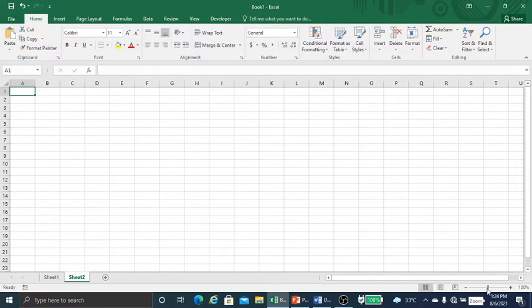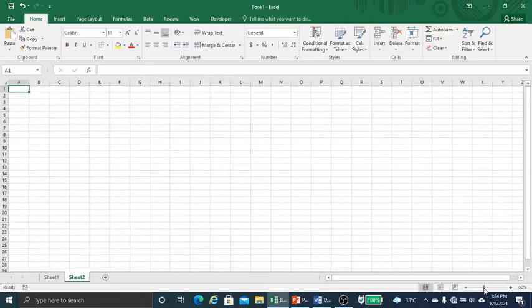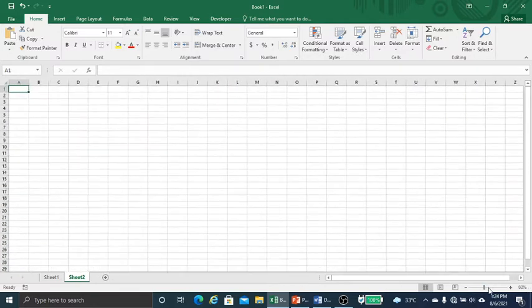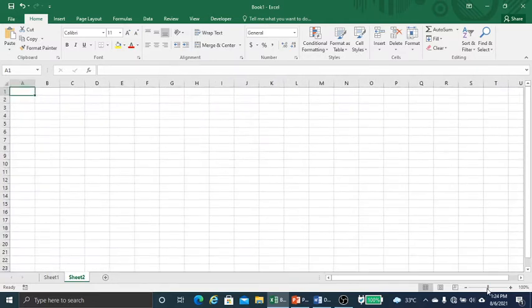Here we can increase or decrease the size of the window of this worksheet. The Quick Access toolbar has buttons such as undo, redo, save. Then we have the ribbon tab, which has most of the menus.